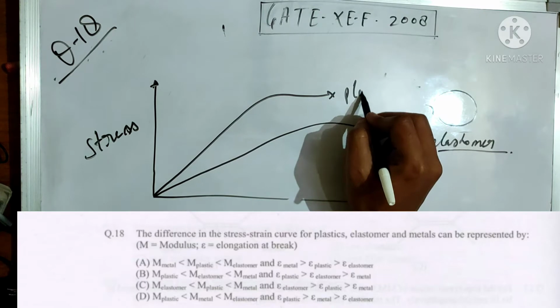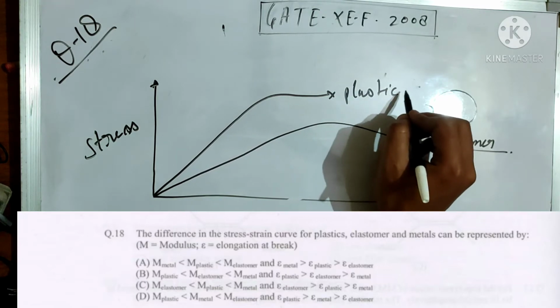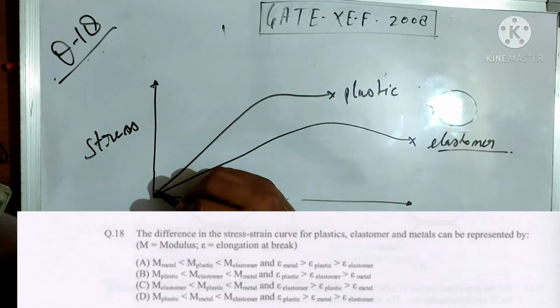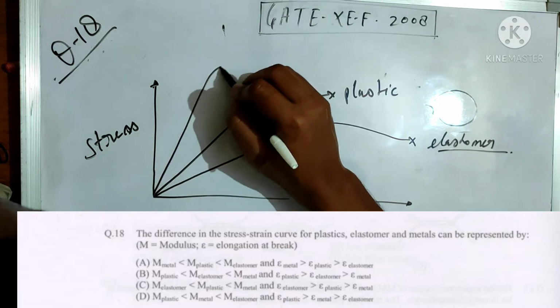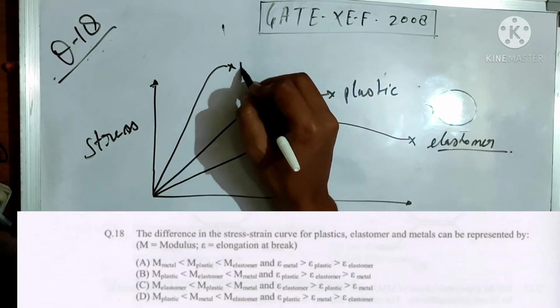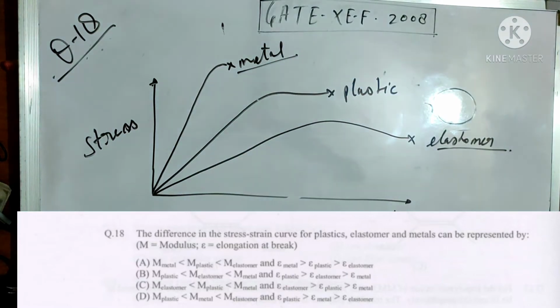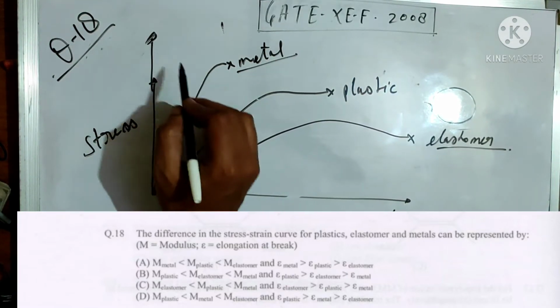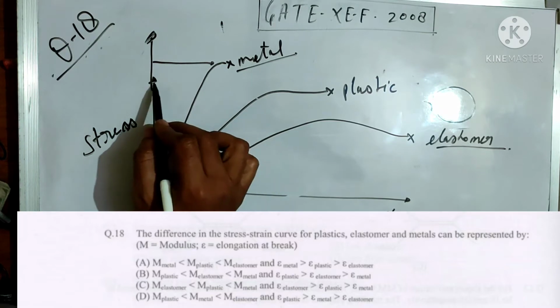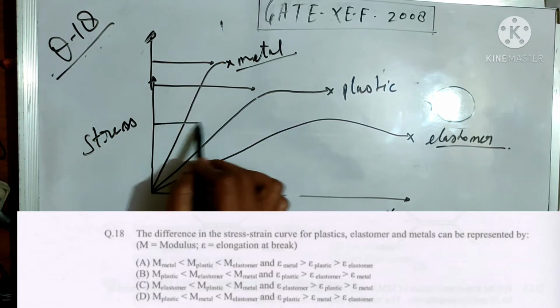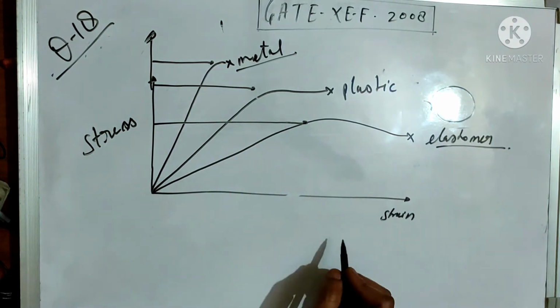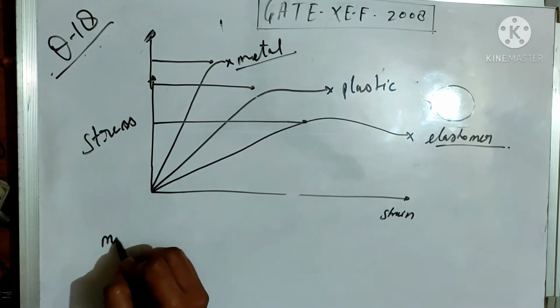This is the stress-strain diagram for plastic, and this is the stress-strain diagram for metal. So you can easily see the modulus of the metal is greater than the modulus of the plastic and the modulus of the elastomer. So the modulus ratio,